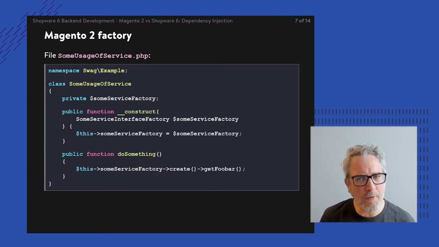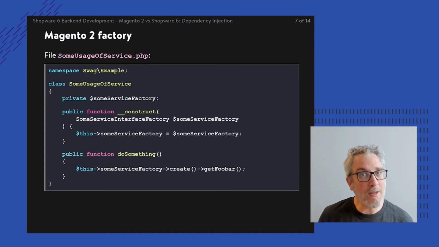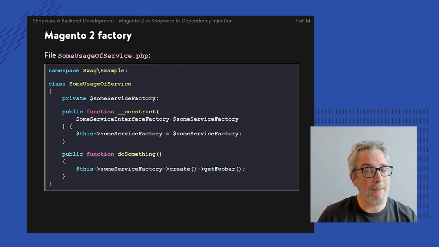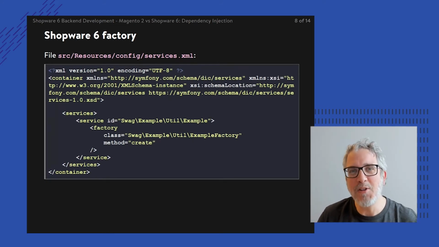Now, it's interesting to note that in Magento, a factory could be there on the file system, or it could not be. And if it's missing, if it's not actually there in a PHP file, it will be automatically generated by the object manager or by Magento in general. So in Magento, we have a factory, and then the next question would be, what kind of pattern do we have in Shopware which is matching up with this same principle? Well, the answer is basically a factory. So in Shopware, we also have a factory.